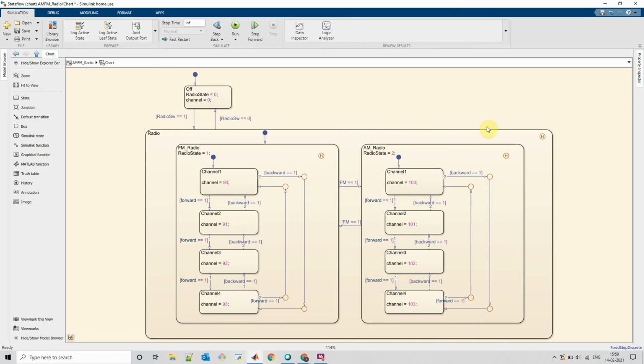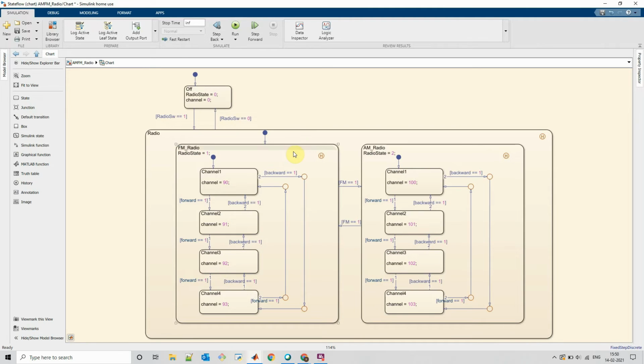So here I am using 3 history junction blocks, since the scope of a history junction block is limited to its substate only.